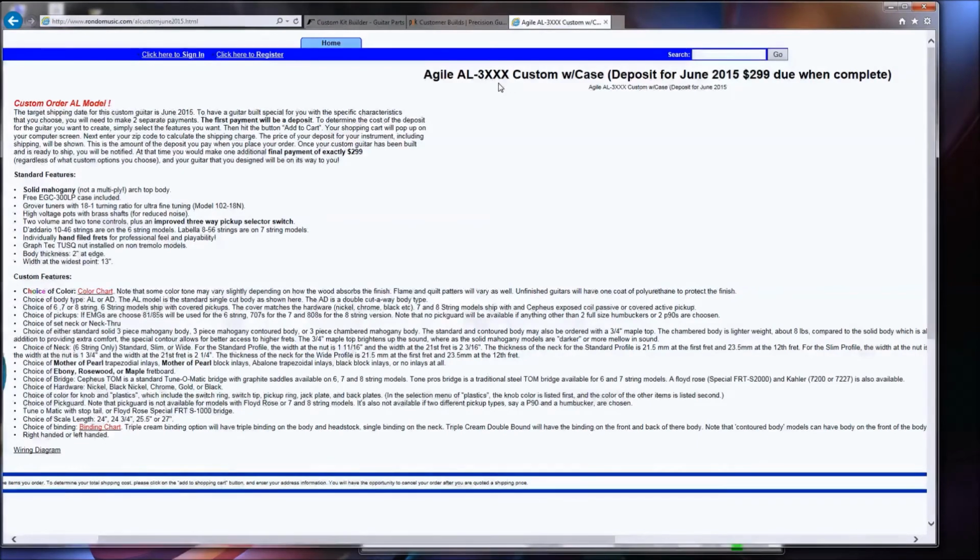Apparently, this is how good they're doing. A lot of people think they don't do sales much. But to get the Les Paul style customized with case, they're actually taking custom orders for an ETA of June 2015,